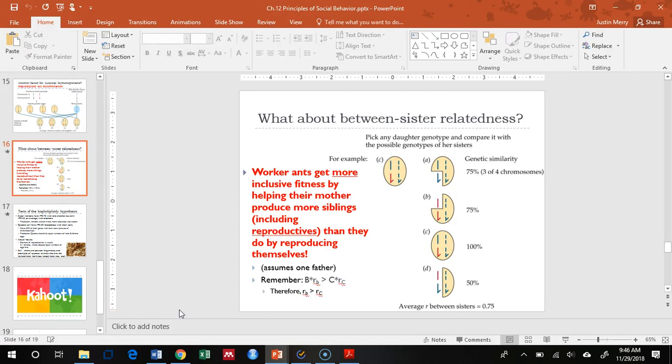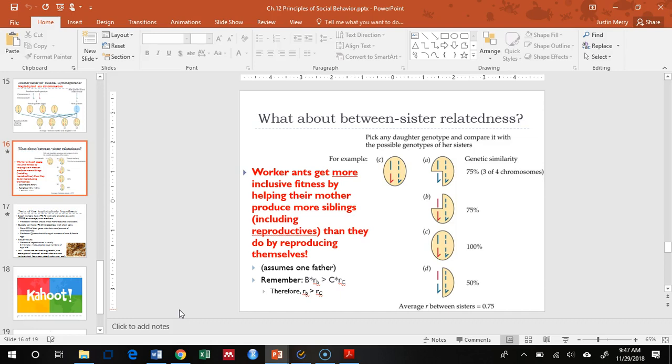So in this case, we're assuming they all have the same father, so they all got the exact same genetic info from their father, because the father can only make one kind of gamete. If they had different fathers, though, that means that they will not share these two dotted chromosomes at all. We just wipe those out. So they're not shared. So all that they potentially could share is the information they get from their mother.